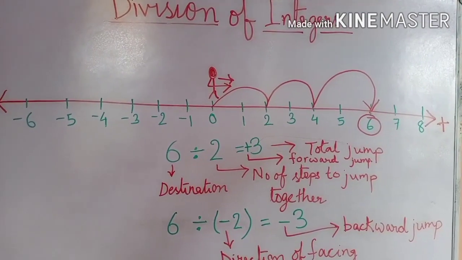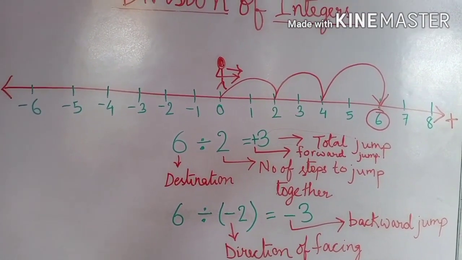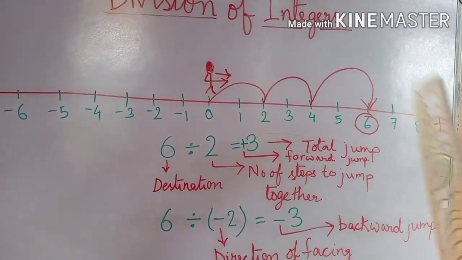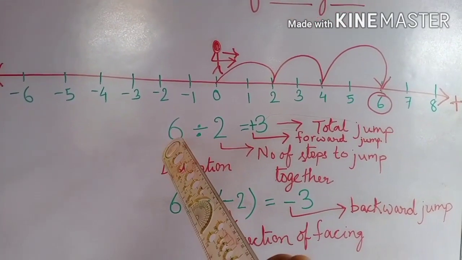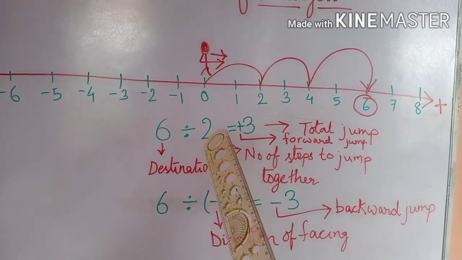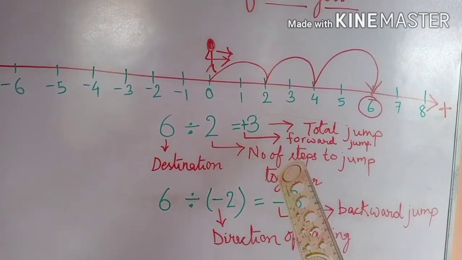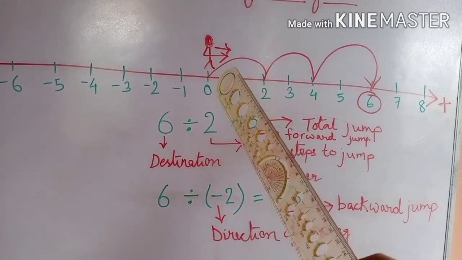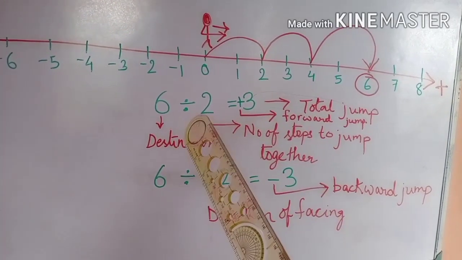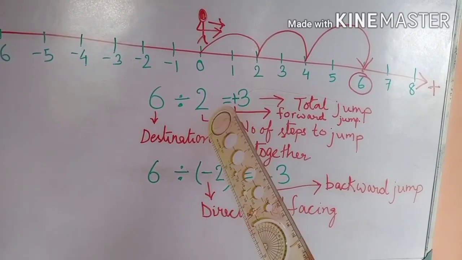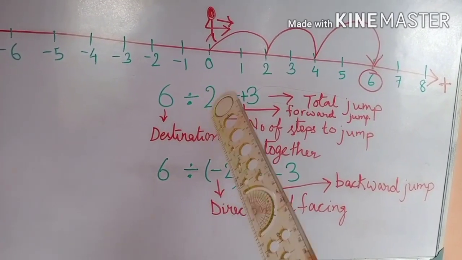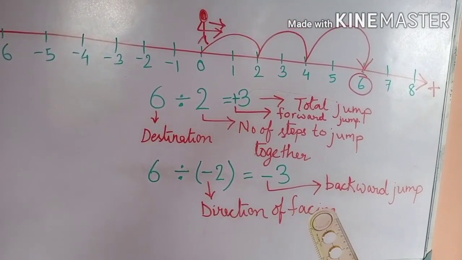Okay, so we have learned the quotient sign, but why is it so? Let's understand it with the help of a number line. You have seen a number line. Now in a question, the dividend is the destination where this man has to go. The divisor is the number of steps this man will be jumping in one step, and in how many steps he will reach his destination, that is our quotient. Now the sign of the quotient tells us whether the man has jumped forward or backward, and the sign in this divisor tells us the direction in which the man will be facing.